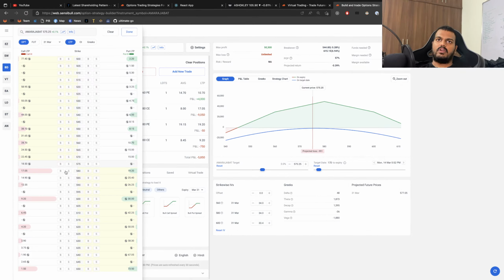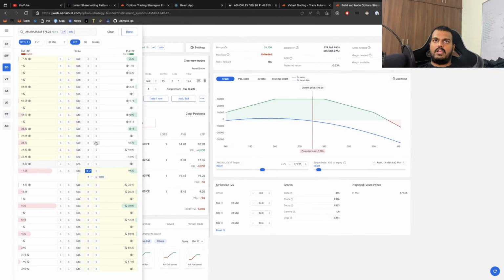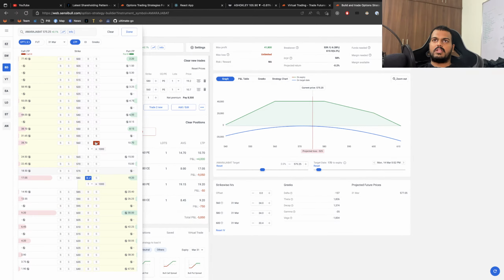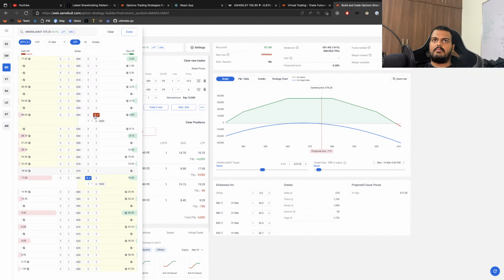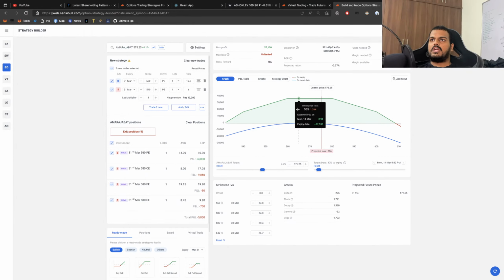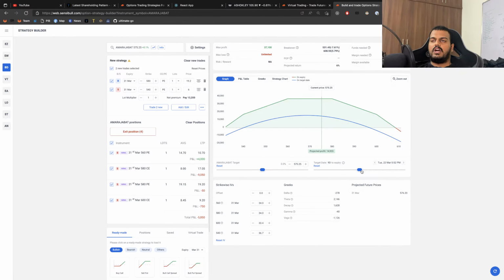If it is moving down massively, then I'll have something, but I don't think if I am buying this back, I will sell one more 160 or something like that, or I'll move back and buy 540 because that was a strong support area. So ultimately it will remain in the same position, and once the market consolidates after a week or something, I can take some profit. So these are the existing trades and what I am trying to do.